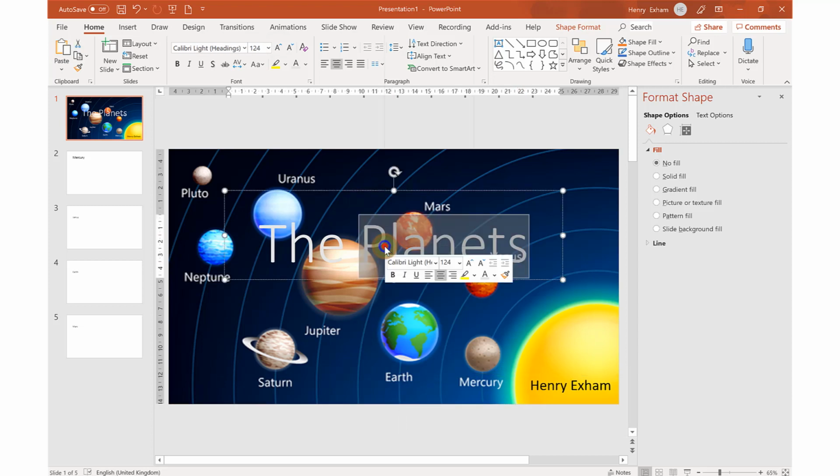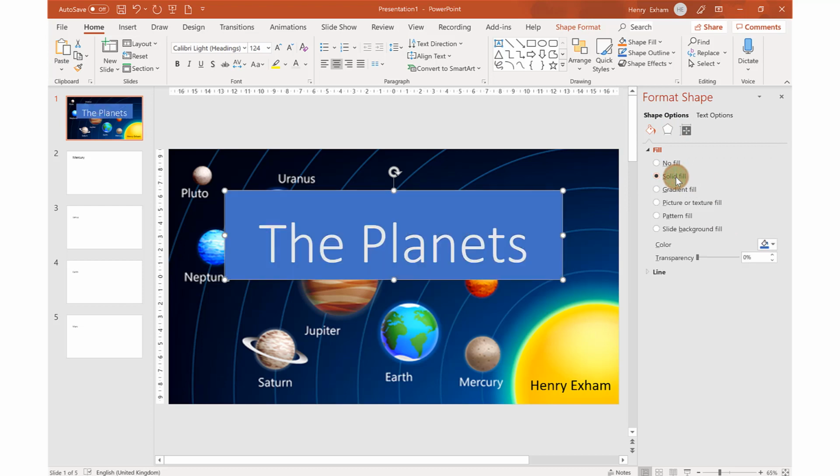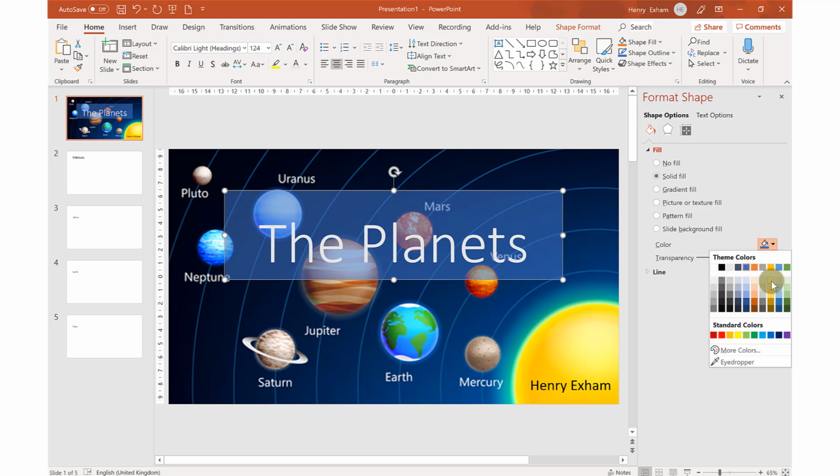Now I still don't think this stands out very well, so I'm going to actually format that box a little bit more. I'm going to give it a fill. You'll see over here it's a shape, and I've got some options, so I'm going to give it a solid fill. I don't want it to be completely solid because I want to see a bit of the picture, so I've got a transparency bar here, so I'm just going to give it a little bit like that, half transparency, maybe change the color